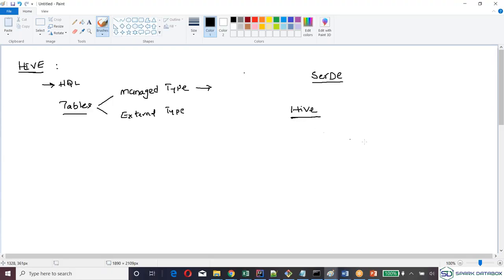How Hive works. So I have an HDFS file. I told you that Hive provides the structure on it, correct? I'll provide that file, and it will provide the structure. It means it will provide the table. Whenever you create a table, the table will have the metadata. Let's say there is an employee file, and this is the employee table.